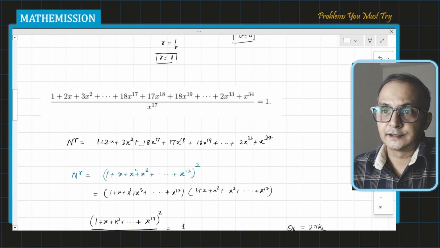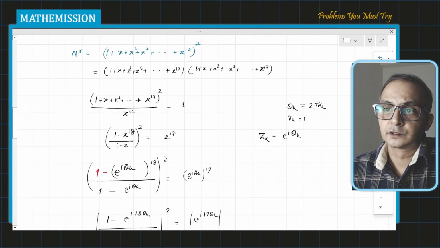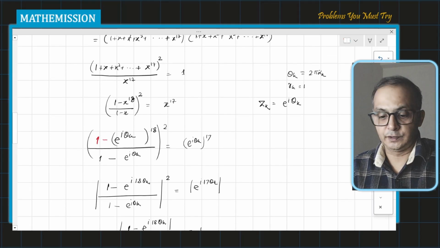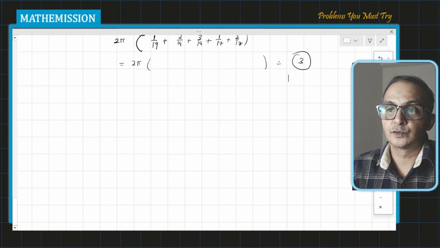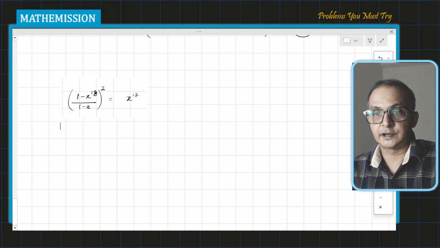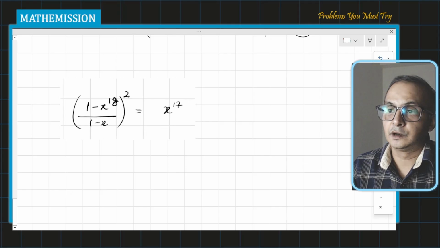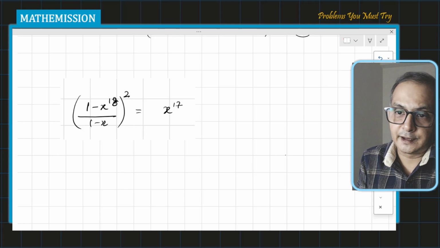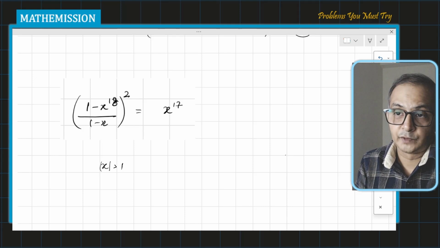You notice that in this equation, suppose I'm taking this one, and we try to understand why the Rk is 1 only. So see here, if you assume that the magnitude of x is greater than 1, in that case